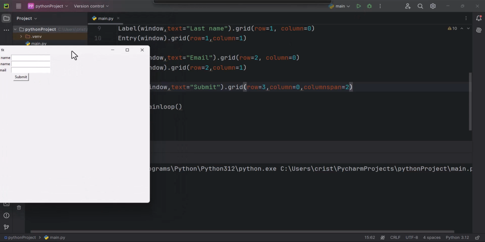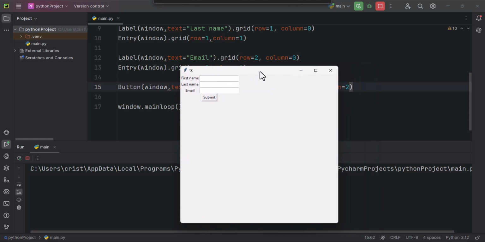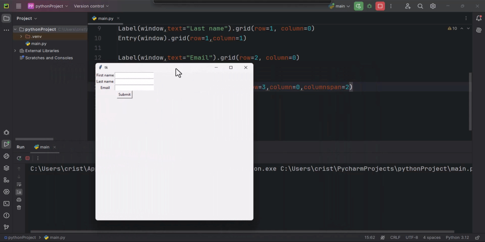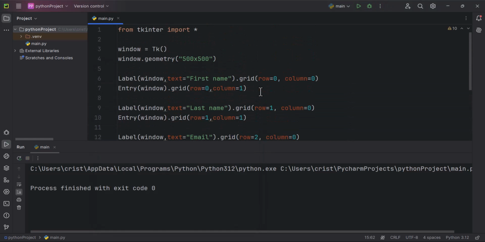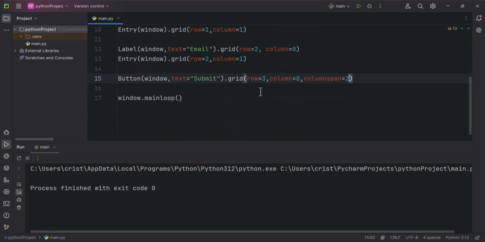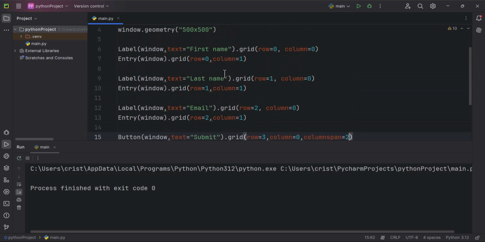Alright. Now let's also add some fonts to our labels. Actually no, I'm going to keep it as it is because it looks nice. Alright, this is our discussion about grid. This is how we can do this. You can also set backgrounds for labels and customize this however you want. Alright, I'm going to end this video here and I'll see you in the next